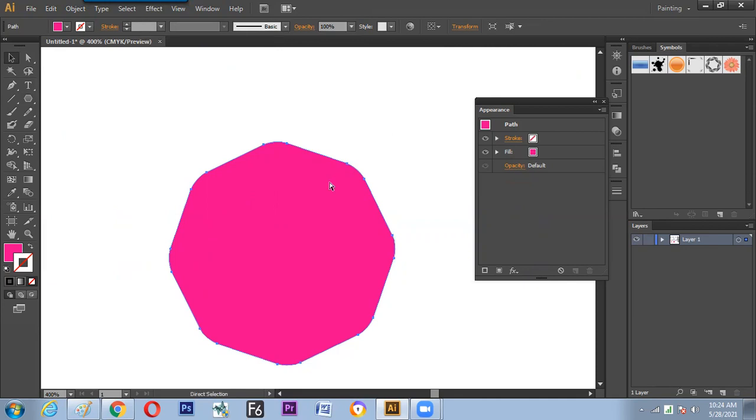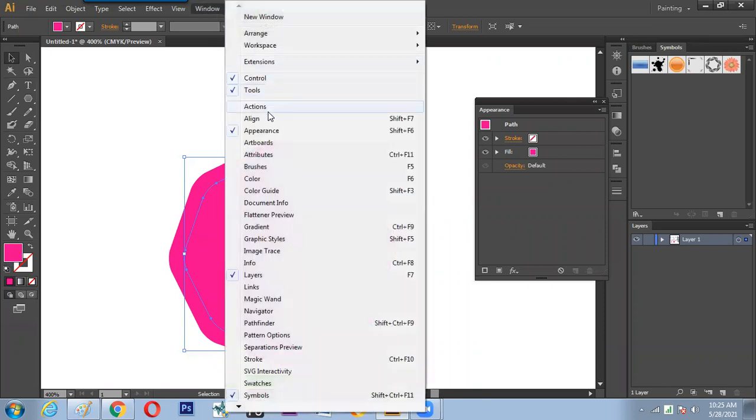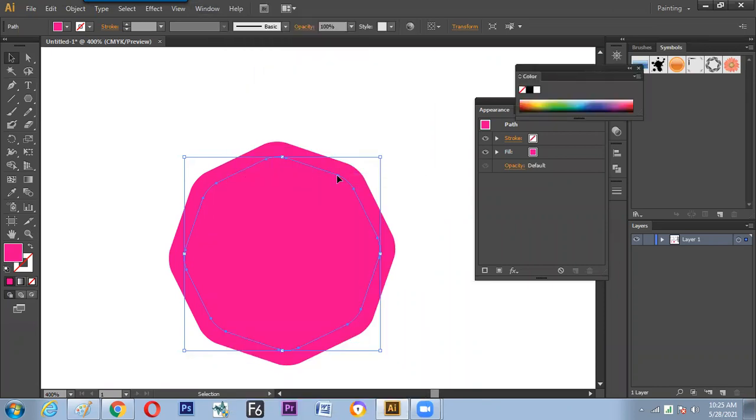Now get it copied and paste in the same place, Control C, Control F. And get it scale off from the center by holding Alt and Shift and dragging from the corner. And this is on the top. We can switch the color. How to change the color? The color can be changed in two different manner. Once it click over here, or it's going to this Windows menu and color F6 and switch to the extra